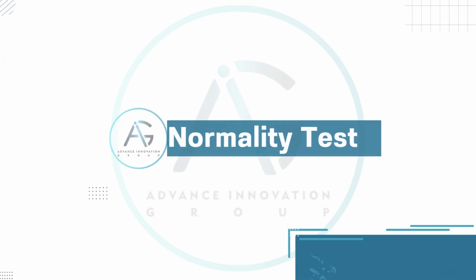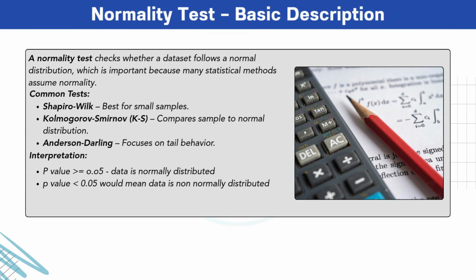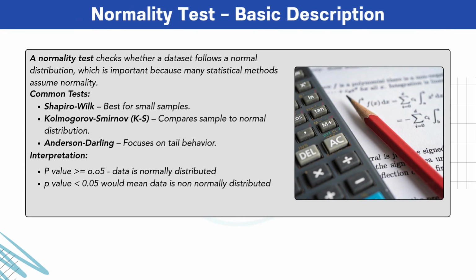Normality test. This slide provides a basic understanding of a normality test, which is used to determine whether our dataset follows a normal distribution. This is important because many statistical analyses, like t-tests, regression, and ANOVA, assume that the data is normally distributed. We commonly use tests such as Shapiro-Wilk, which is suitable for smaller datasets, Kolmogorov-Smirnov, which compares our sample to a standard normal distribution, and Anderson-Darling, which pays more attention to the tails of